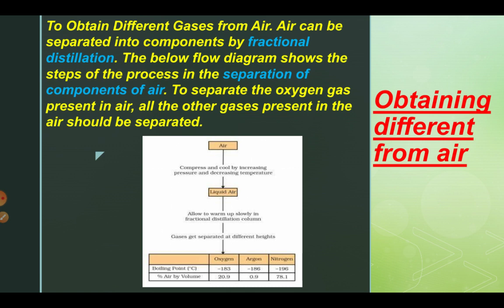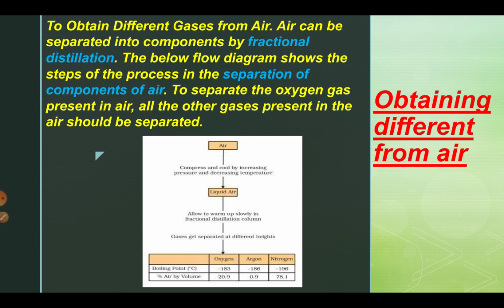Obtaining different gases from air. Different gases can be separated from air into components by fractional distillation. The below flow diagram shows the steps of the process in the separation of components of air. To separate the oxygen gas in air, all the other gases present in the air should be separated. So in this below diagram you can see that air